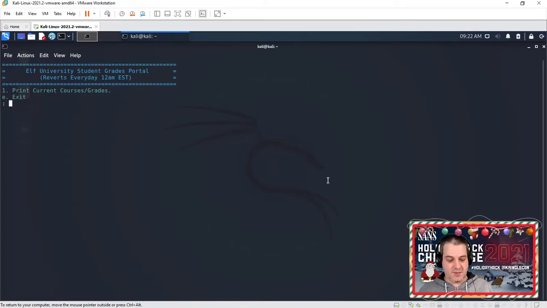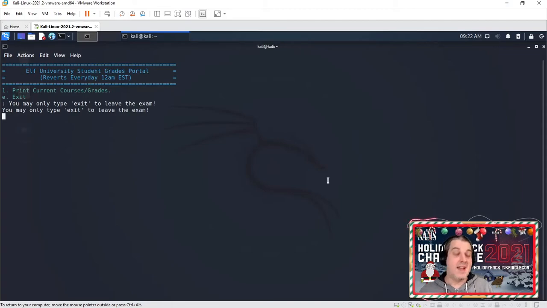So let's try a couple things. Control C. You may only type exit to leave the exam. Okay, I don't want to type in exit, so Control C, no. Can I do Control Z maybe? No. Okay. And at this point, you need to try various things, a couple things that you might hit on